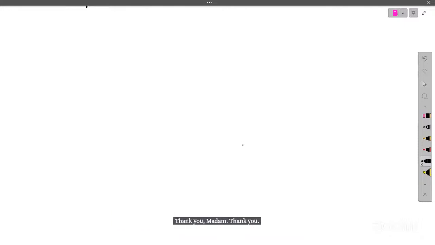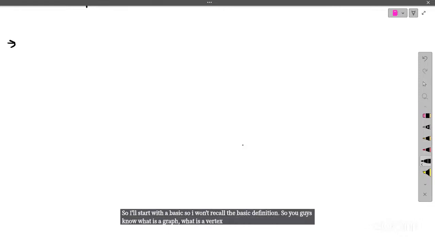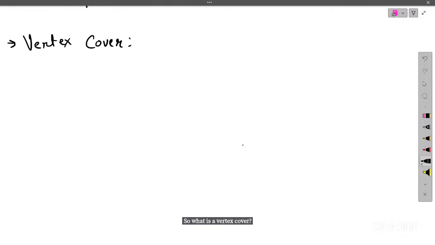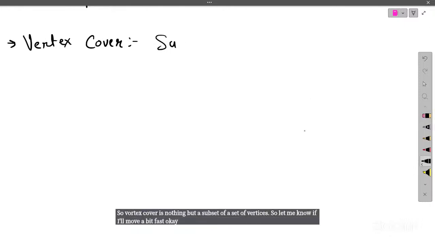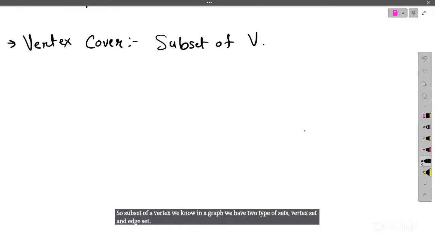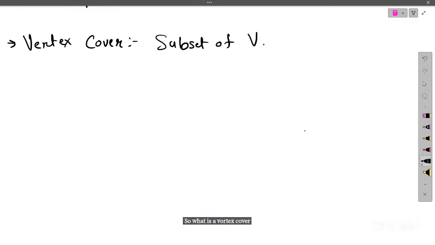So I'll start with the basics. I won't recall the basic definitions, you know what is a graph, what is a vertex, what is the degree of a vertex. So I'll start with vertex cover. I hope that will be fine for everyone. So what is a vertex cover? Vertex cover is nothing but a subset of the set of vertices. Let me know if I move a bit fast. We know in a graph we have two types of sets, the vertex set and the edge set. So a vertex cover is a subset of the vertex set V in such a way that it will cover